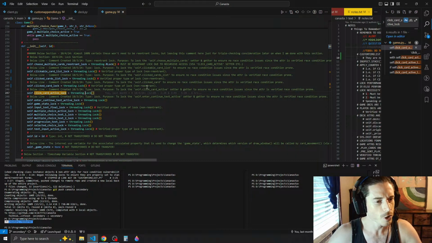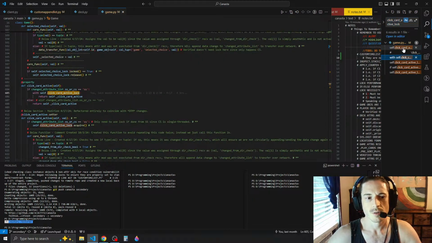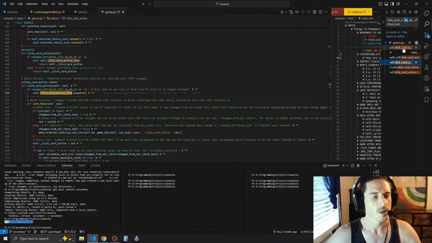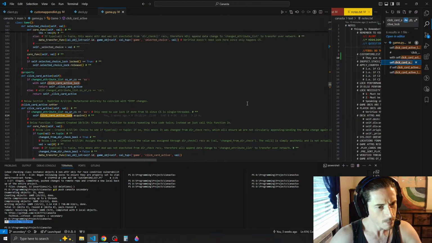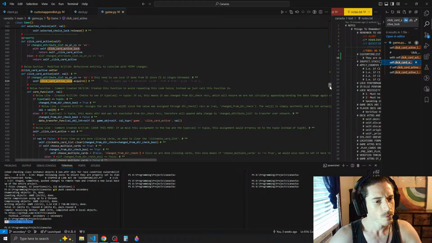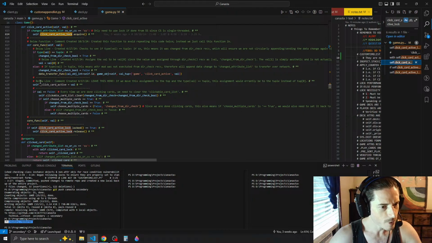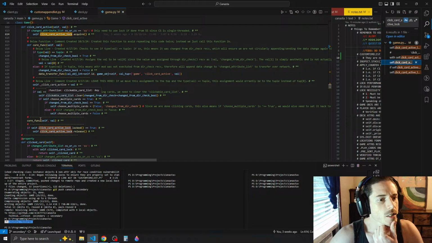So we're at click card active lock. Click card active, so let's check this one. And now this is turning out to be rather easy. Click card active lock only appears a couple places. Okay, so in the setter, this would be where it could be a problem. Click card active setter, we acquire the lock, and the question is, do we modify anything else? Click card active. Okay, so we do modify